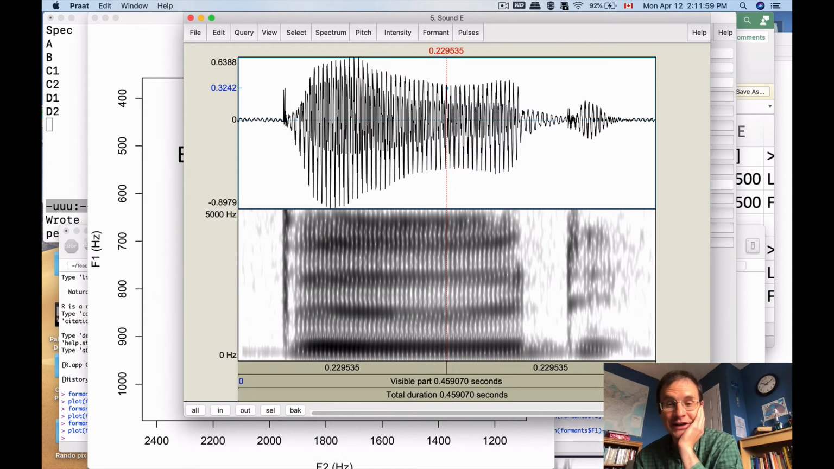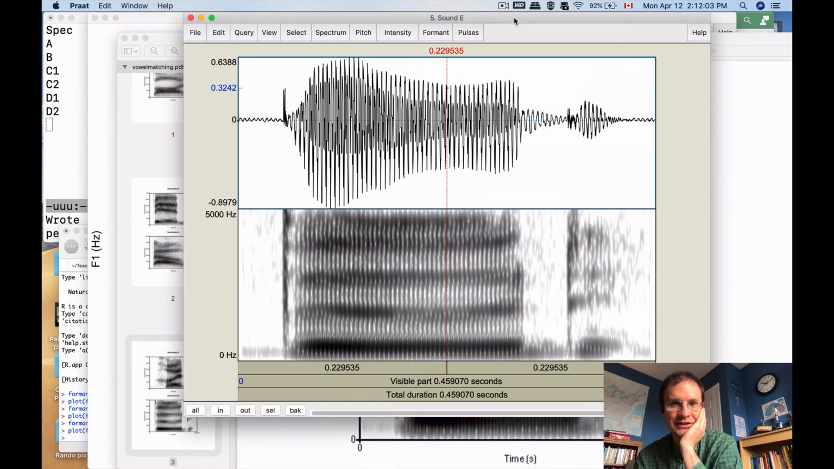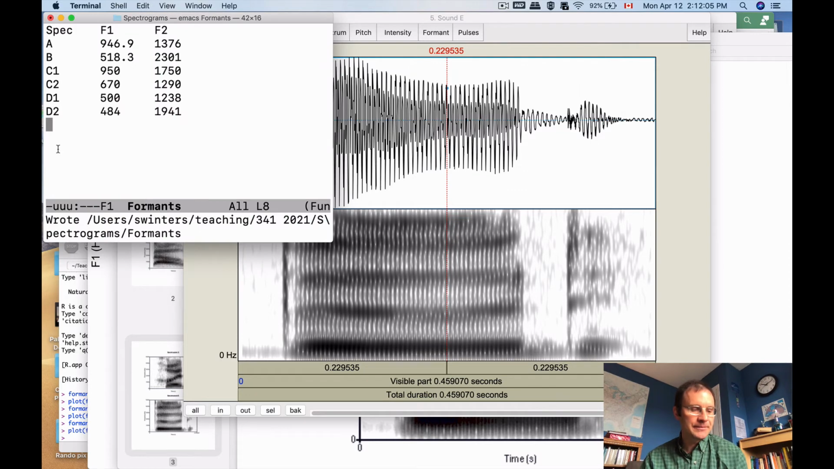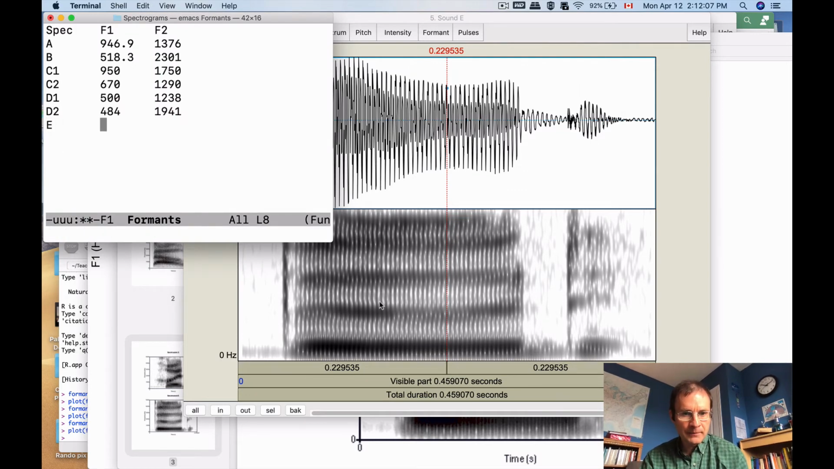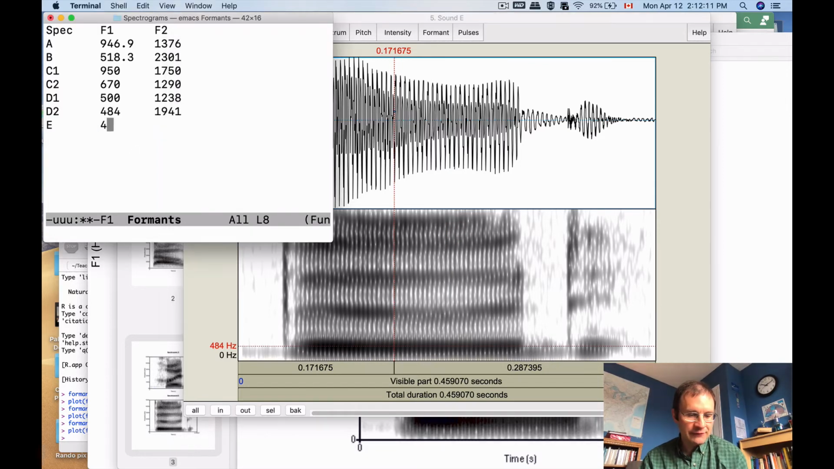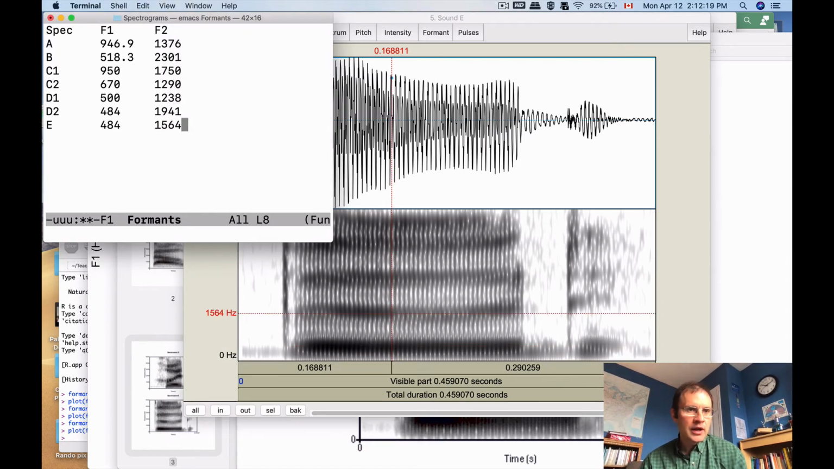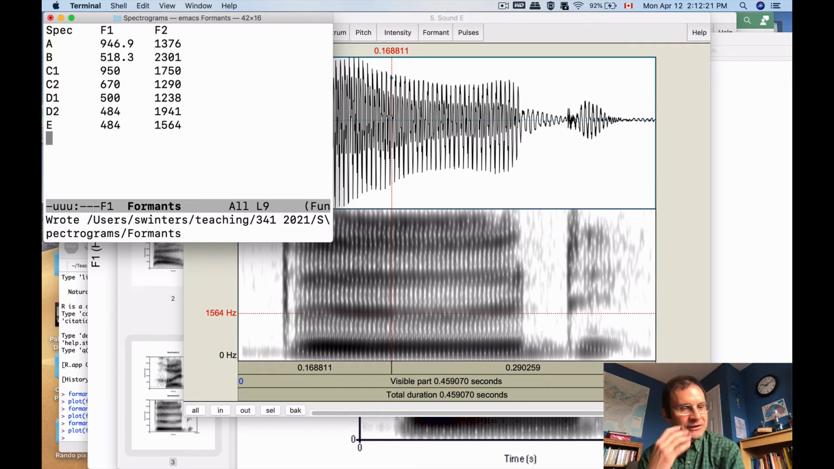So E is kind of funny. You can see it in both representations here. Let's do the measurements here, and then plot where this thing might be. So this one's, again, 484. So lowish F1 means we're in the high region of the space. And then F2 is about 1564. We don't know exactly where the speaker's default value is for F2, but this seems to be